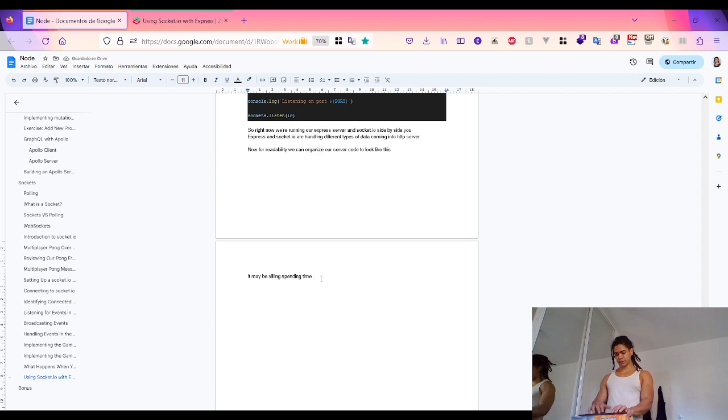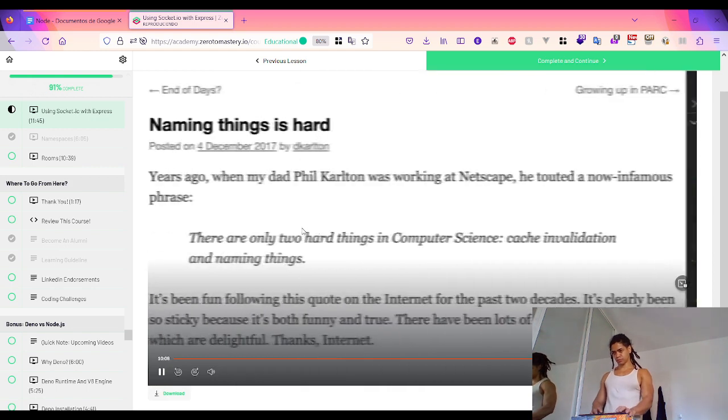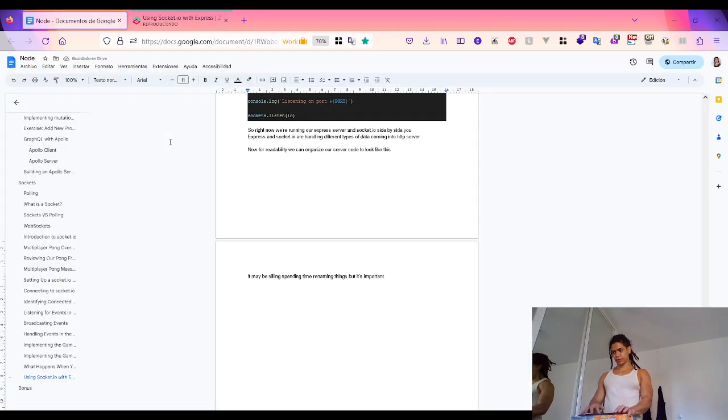It might be silly spending time renaming things, but it is important. There's a famous computer scientist called Phil Carlton who worked on one of the